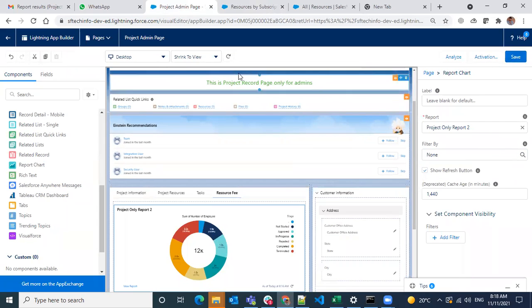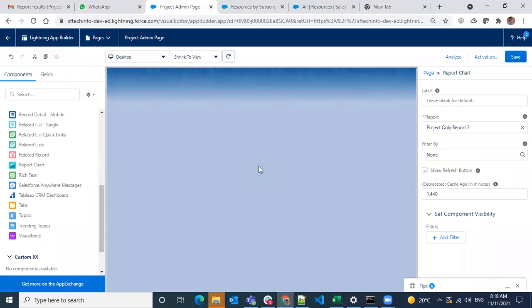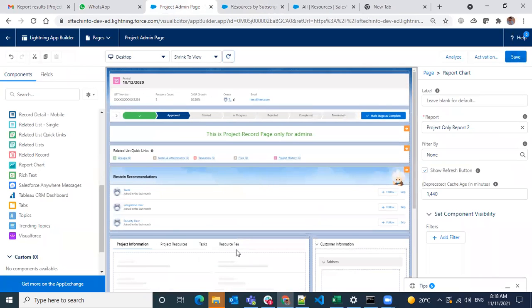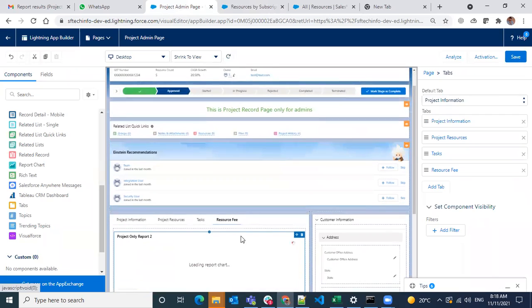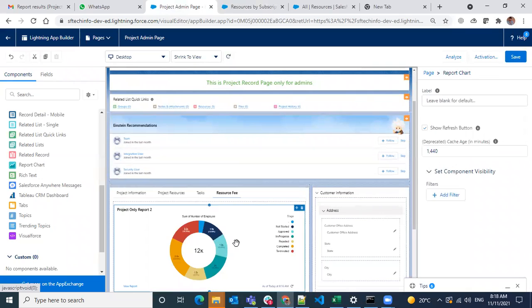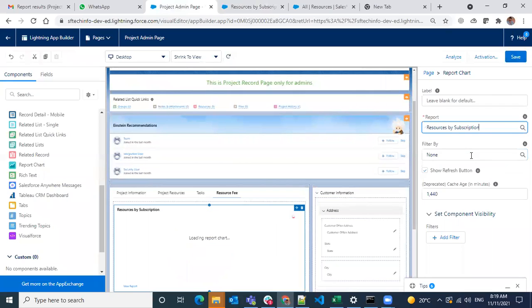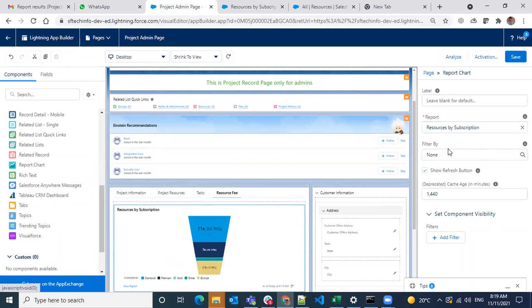Okay, I'm just doing a refresh here. See here, now I can see the resources by subscription. And here I want to filter this by a project ID.